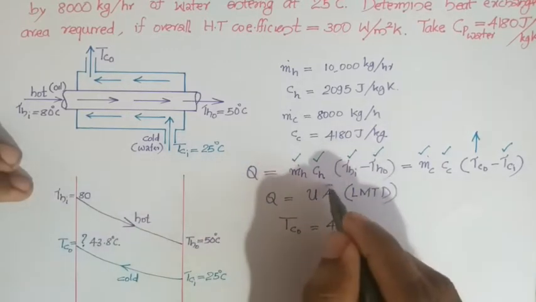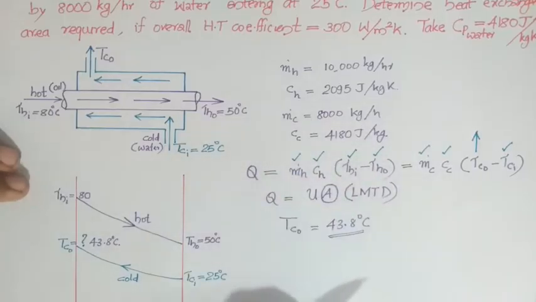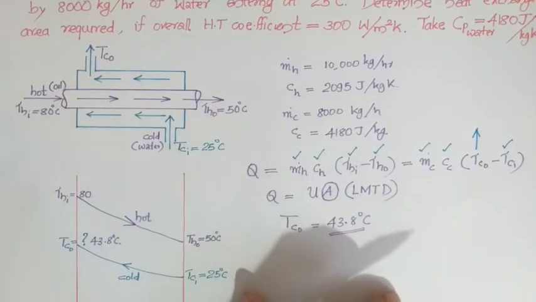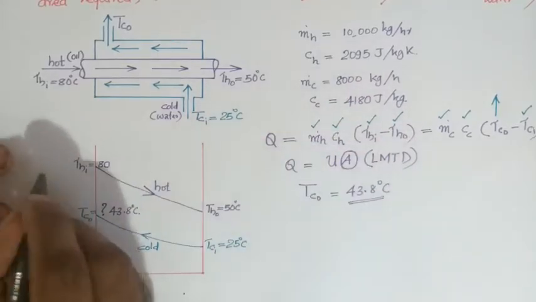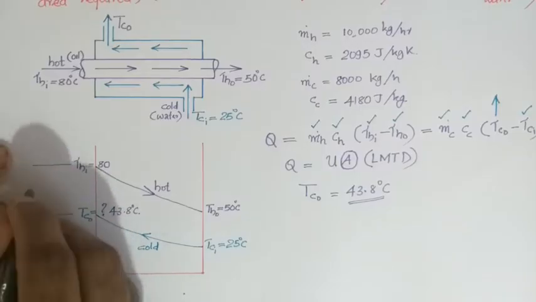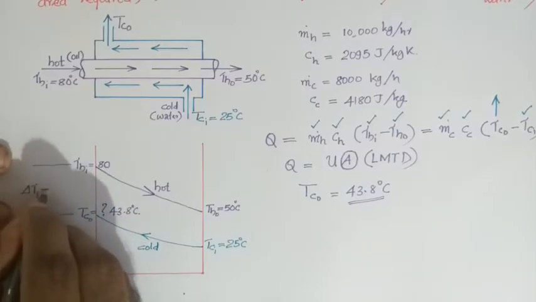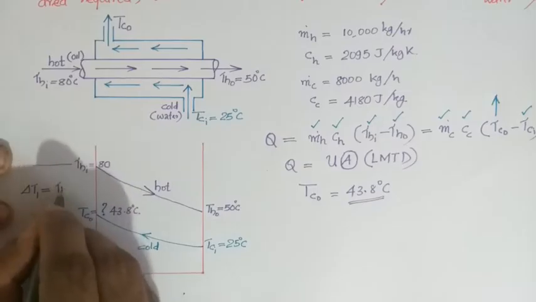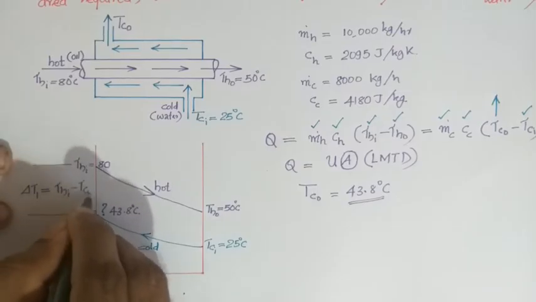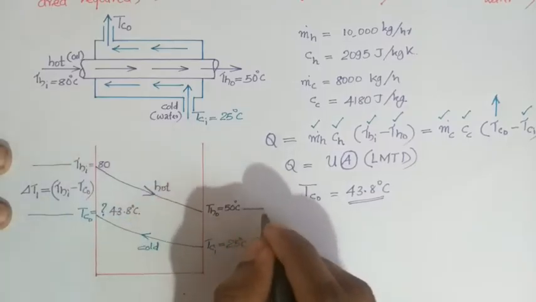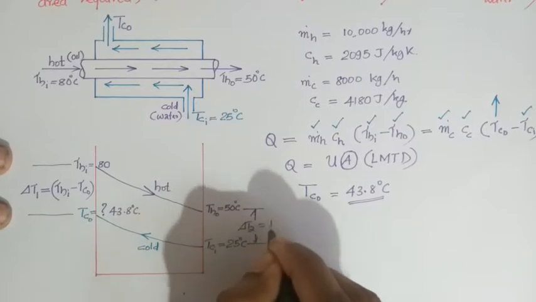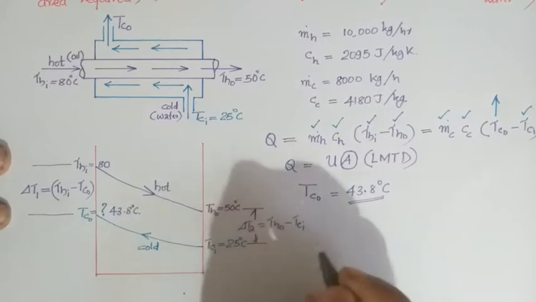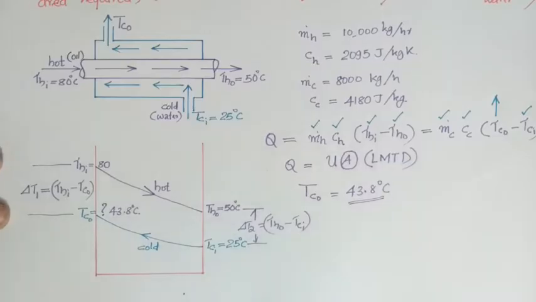Now you have to evaluate the area required for the heat exchanger for exchanging this much heat. For this you have to evaluate the value of LMTD. For finding LMTD you will require delta T1 and delta T2. We know that for a counterflow heat exchanger delta T1 will be equal to Thi minus Tco, and delta T2 will be equal to Tho minus Tci. These equations you can find in the data book on page number